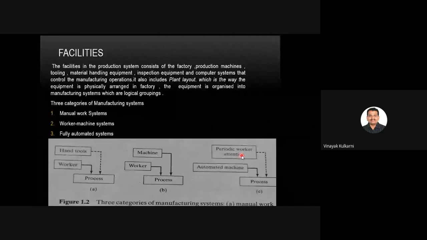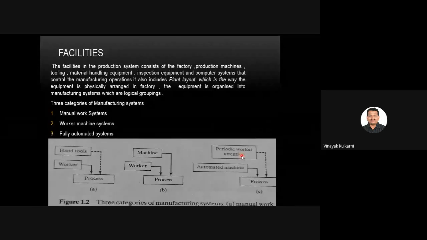In certain fully automated processes, one or more workers are required to be present to continuously monitor the operation. That is, for a CNC machine, you always find an operator standing in front of it. Though he is not doing anything, he is still there, and makes sure that it performs according to the intended specifications. That is, if I have put an end milling operation and it has overcut something, the part is dead; you cannot use that part anymore. So you always need to pay attention to what the machine is doing.